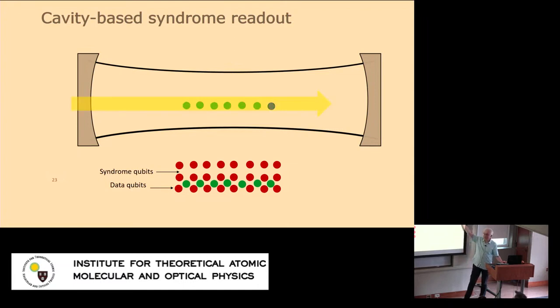You can just look: is there an error in the whole system? If there isn't, you are done. If there is an error in the whole system, you can address the left half, the right half, etc. And so you can, in a logarithmic way, look for errors in the qubit system, which is not very complicated. And the readout is very easy and very fast, because this can be microseconds to 100 nanosecond time scale for readout. So this is something that is of interest to us as well, this kind of logarithmic scaling.